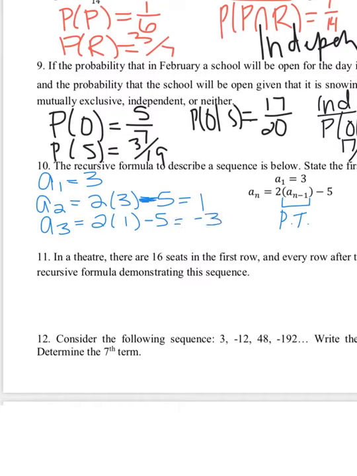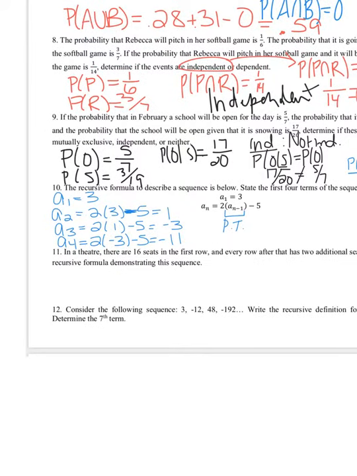And then the fourth term, 2 times the previous term minus 5, gives me negative 11. So the first 4 terms in this sequence start off at 3, and then 1, negative 3, negative 11. That's all it wanted for that one. Okay, again, please don't overthink